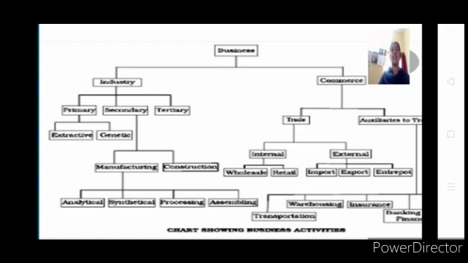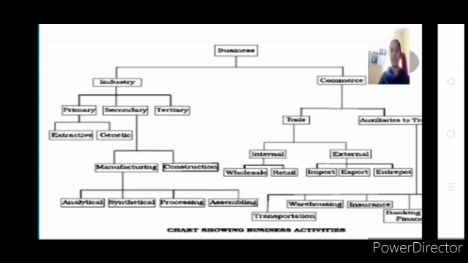Now we'll see the second part of our classification of business, that is our commerce. When I say commerce, it includes all those facilities which are required to the industries. Listen here. Industries, I said, they convert the form. They'll take the input as raw material and they come out with the output. So this output is the final product.